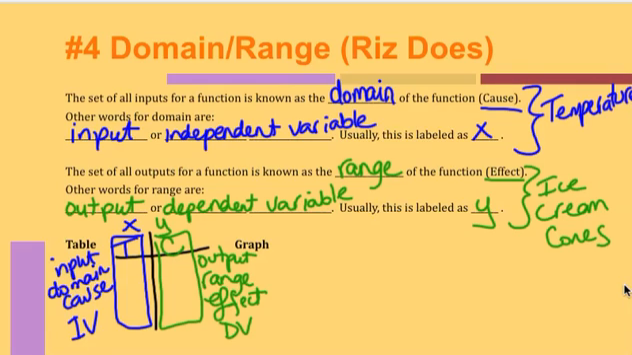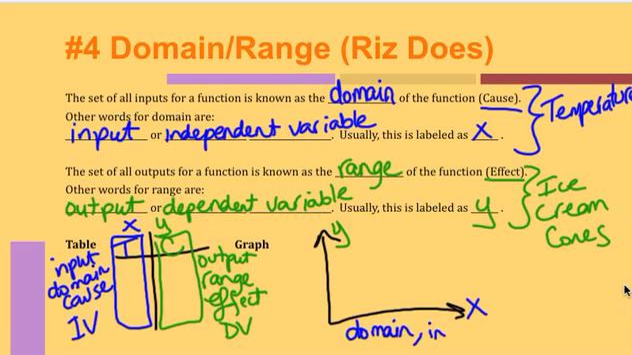The same way, another representation that you might see is a graph. Now again, this is the x-axis, and this is the y-axis. The x-axis then relates to anything that's related to the domain, the input, the cause, or again, the independent variable, IV. Similarly, the y-axis will relate to, I'm just going to draw an arrow here, the output, the range, the effect,